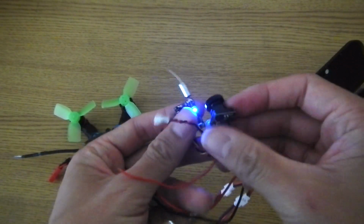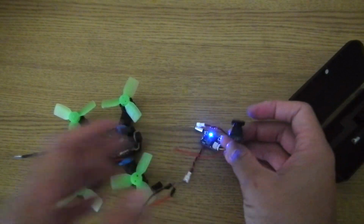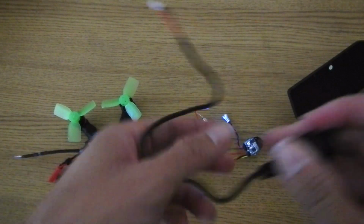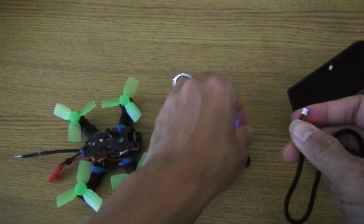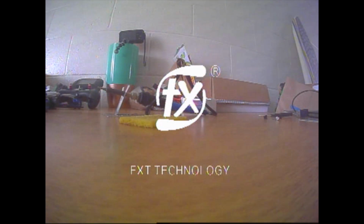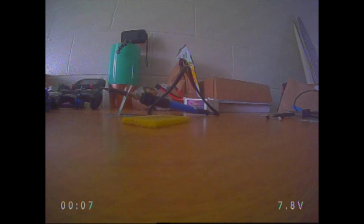And right now the camera is powered, so let's switch over to the DVR so that I can show you guys what it looks like, and we will go over the OSD. Here's my little joystick, and I can just plug it in here, and here we go. As you can see here, when we power it up, it shows the company, FXT Technology, and you can see down at the bottom left corner we have the on time, and on the bottom right corner we have the voltage in. I have that wired up to a 2S battery, so you can see that the 2S battery